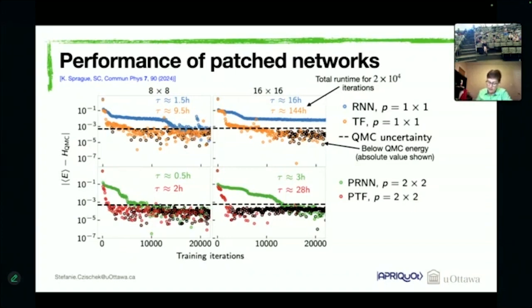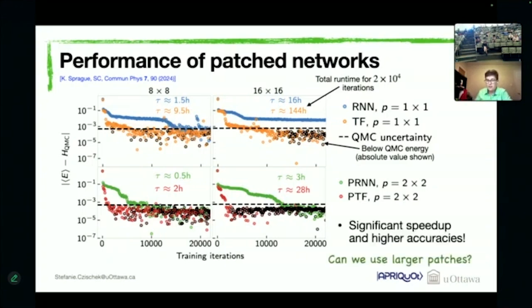Okay. And what is most important, the computational runtimes have been reduced significantly. So overall, this sounds really promising. We find a significant speed up in our computational cost, and we find higher accuracies. And so the next question is, can we not just use larger patches? Because then this would reduce our computational cost even further, would make our sequence even shorter. And well, the accuracies should be at least the same, if not better, right?